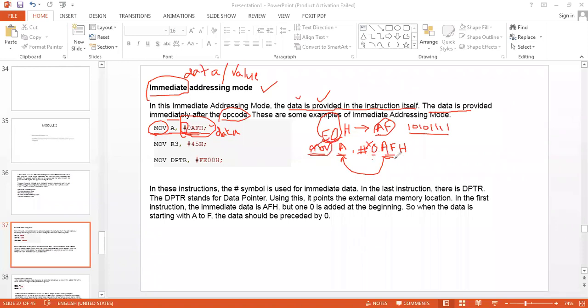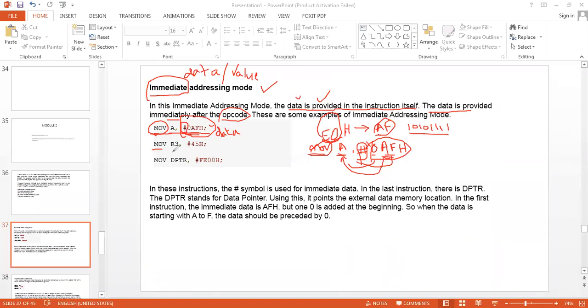This is happening because of the MOV instruction. Move the source operand into the destination operand, and the source operand is always an immediate value provided by the user. It is not stored anywhere, but after executing this instruction, the value is going to be stored into an internal memory, and that internal memory can be anything. It can be A, it can be B register, it can be R0 to R7 registers.